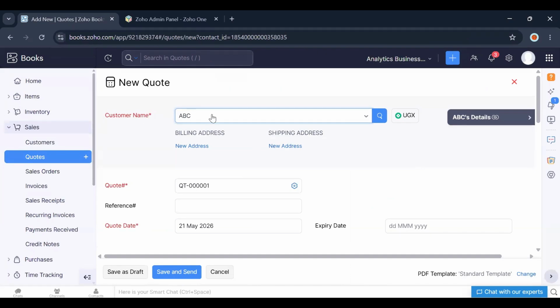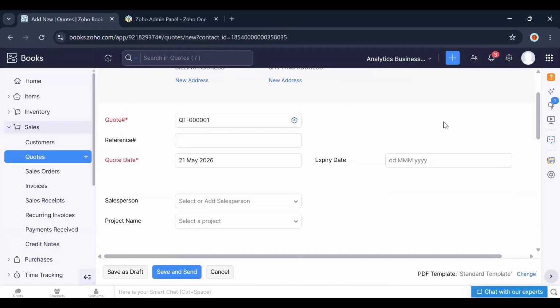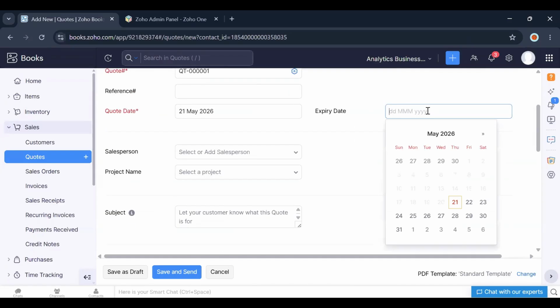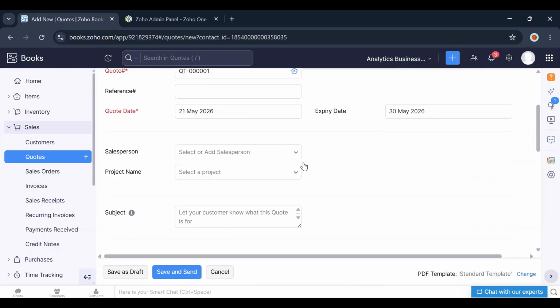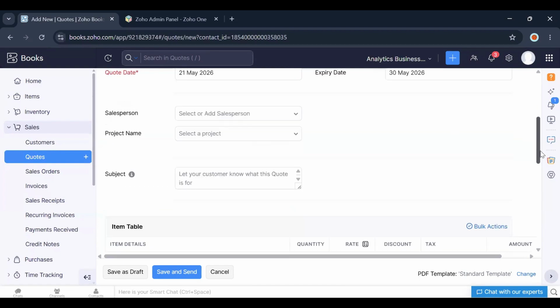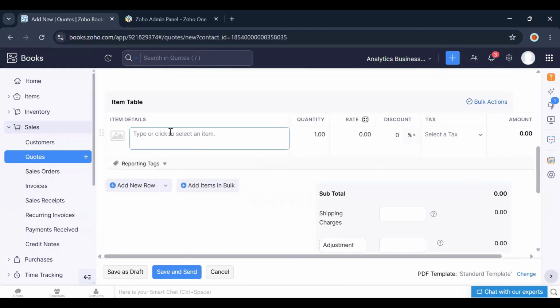The system automatically brings the customer name, the one that I've created, and the quote number. These are auto-generated. So you choose the quote date, which is the current date. Here I can choose the expiry date as per when you want this specific quote to expire. This is on your preference. You can attach a salesperson and project name. These are not mandatory. They are black fields, remember. So I'm not going to attach anything. Our most important part is the items table. The items table, this is where you're going to add whatever the client